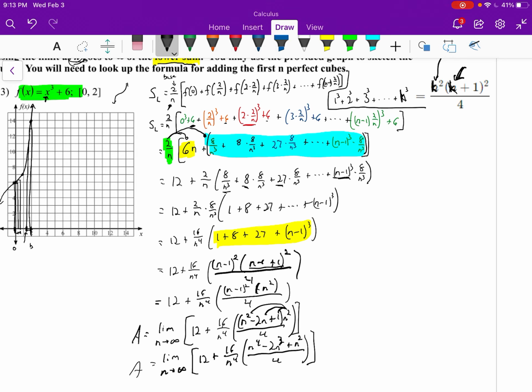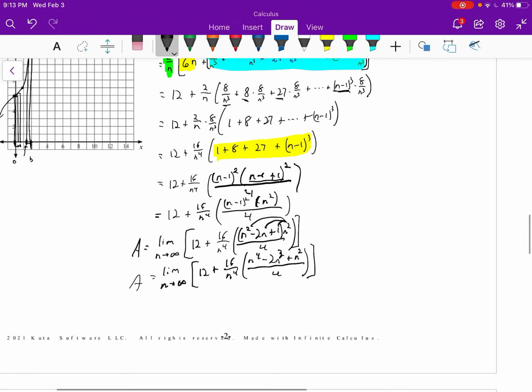And now we want to apply the limit. So we can apply this limit to this sum here. Well, the limit as n approaches infinity of 12, well, 12 is just 12. Doesn't matter what n is equal to, so that's 12. But then we're going to apply the limit also to the other part of this sum. And when you apply it here, we have a 16, and then as n approaches infinity,